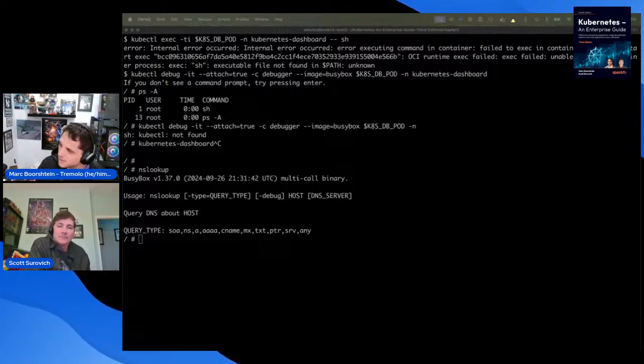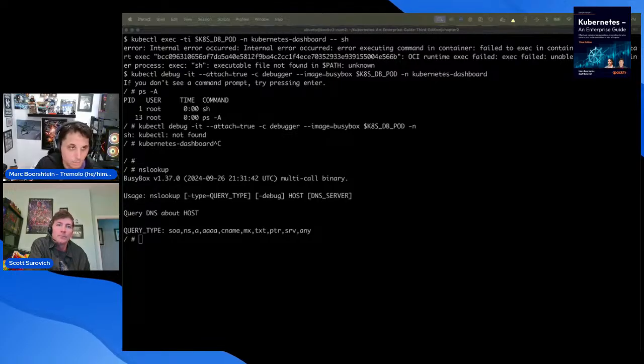So the big thing with PSP, there are a couple of reasons why it had to go. First off, it was very Linux-centric, and Windows has joined the party. Maybe not to the extent some people thought it would, but it's still part of our happy, somewhat dysfunctional family. And so PSPs didn't mesh real well with that. So that was the first problem.